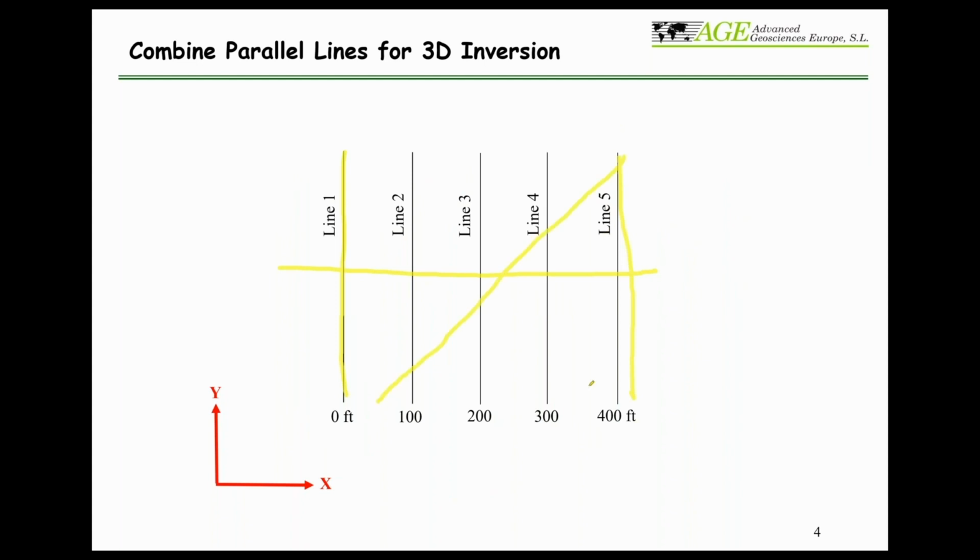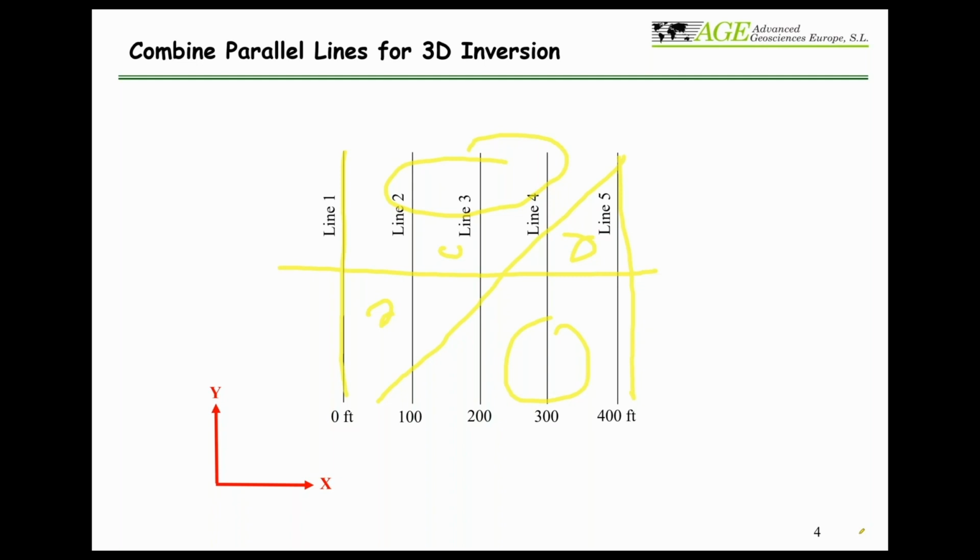Can I do 3D? Yes, you can do that, but this will take lots of processing time because you're going from a regular grid to an irregular grid. Also be careful, because you don't have much information over here. You're just making an interpolation that gives a little different colors at the end. So it's recommended to keep parallel lines, with line spacing at a maximum of twice the electrode spacing. If you can do this, you will really get